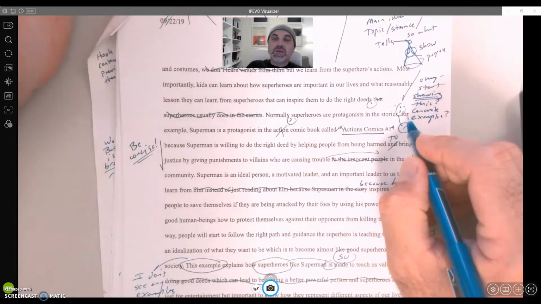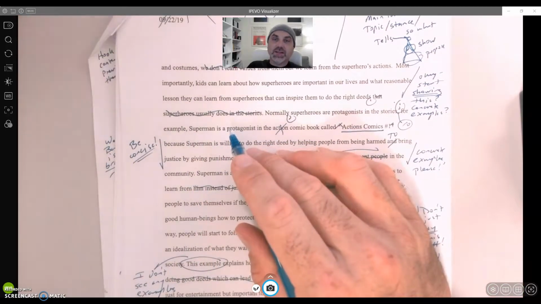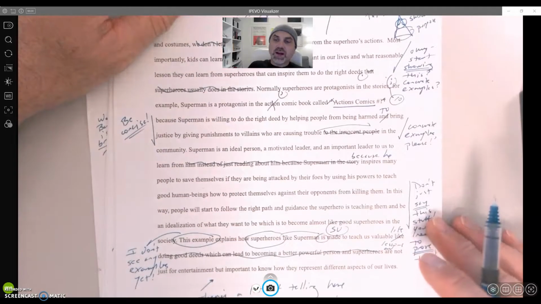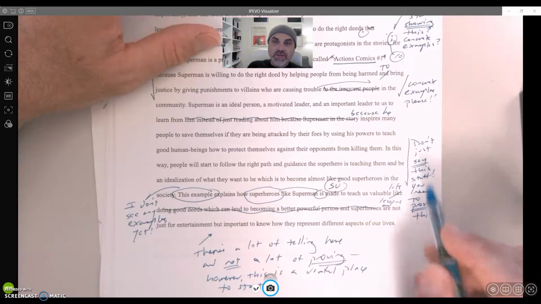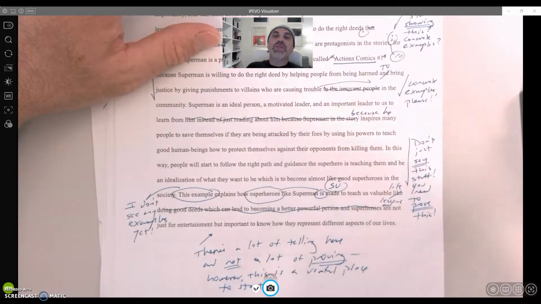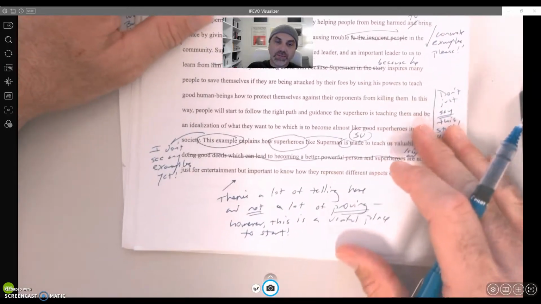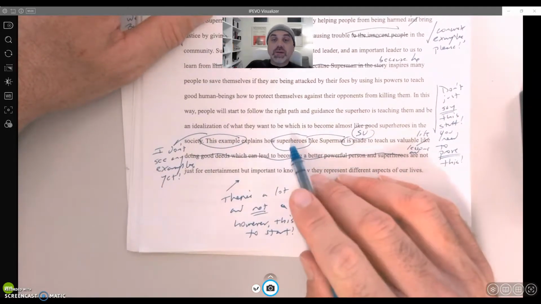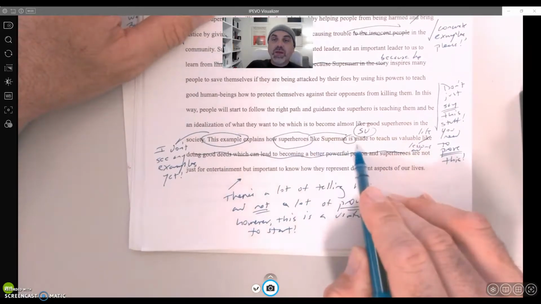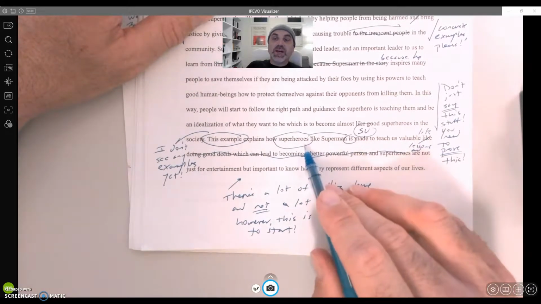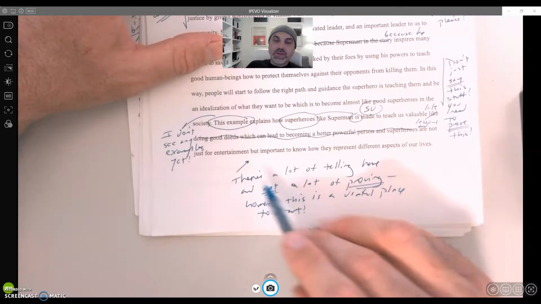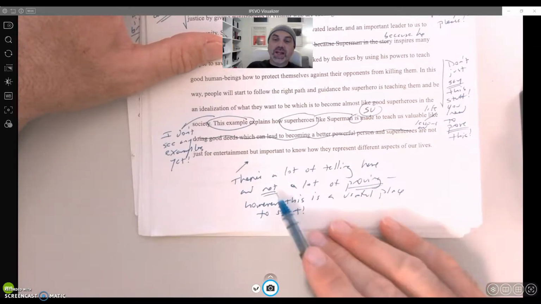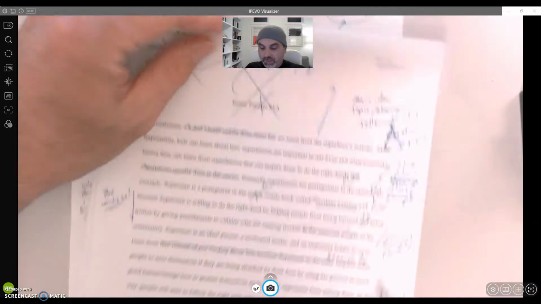And then you have this beautiful subordinating conjunction. Here it's "for example," that prefaces the next sentence. It's an introductory phrase, so you need to use that comma after that. But again, here on the side, I said, don't just say this stuff. You've said a lot of things in here, but now you have to prove it and you have to use evidence to prove it. Watch your subject-verb agreement. If superheroes is plural, the verb needs to be plural too. So it's "superheroes are," not "superhero is." So here I just put there's a lot of telling here and not a lot of proving. However, this is a useful place to begin.